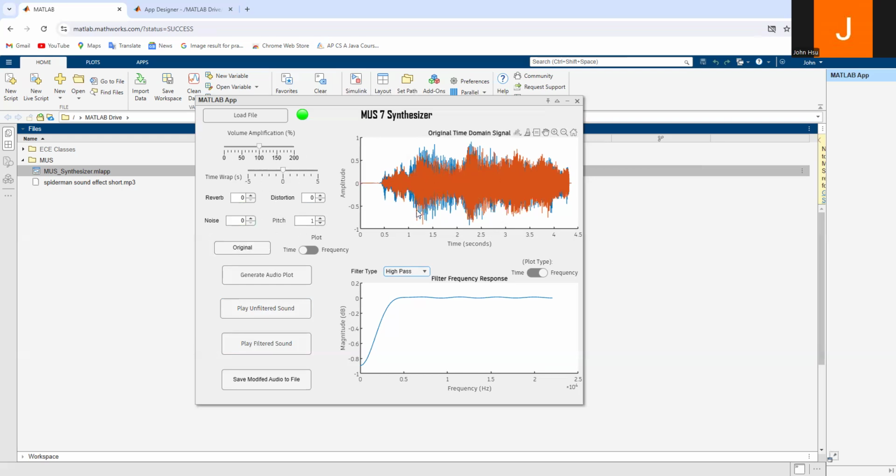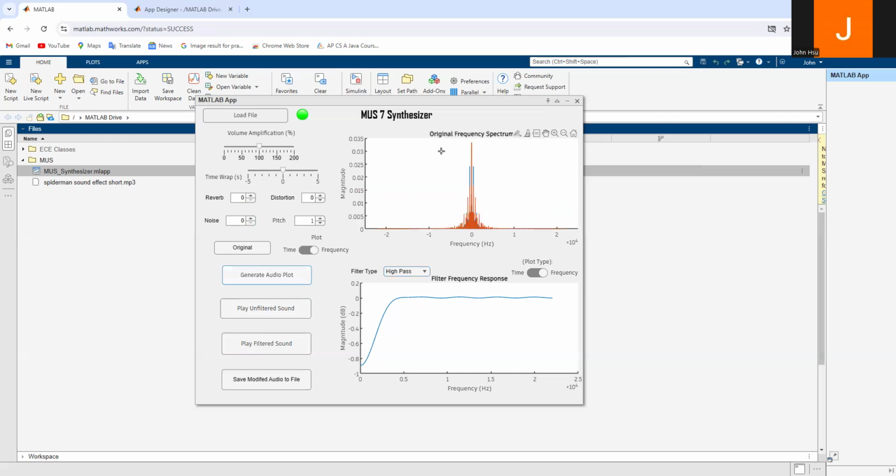So here you can see the original sound and its time domain, but if you want to see it in its frequency domain, you can turn on the frequency and generate the audio plot. There it is. Obviously, when I demoed, I did it all separately, but you can also change it up,